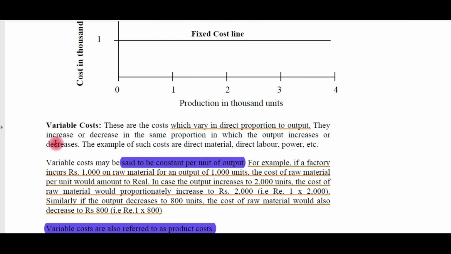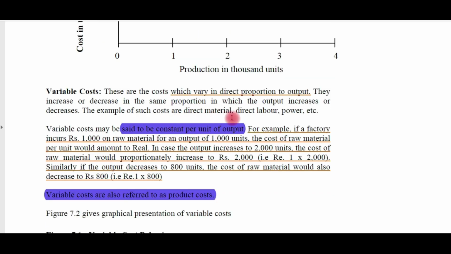spent. Now, variable costs. The second classification is variable costs. These are the costs which vary in direct proportion to the output, which means if output increases, cost will increase. They increase or decrease in the same proportion in which the output increases or decreases. Examples are like direct material, direct labor and power. So as the production increases, more power is to be utilized. As the production increases, we want to increase the production, more labor has to be employed, more material also has